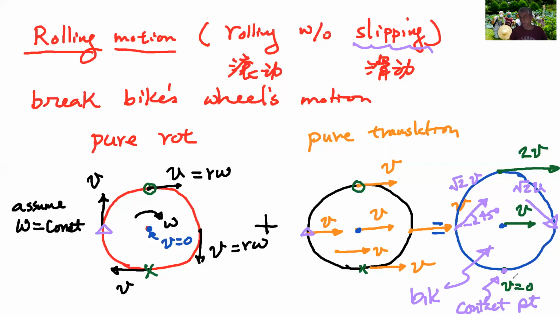The velocity is equal to zero. Okay, so that's the rolling motion for a bike's wheel, and it's a rolling without slipping. Okay, we're going to stop right there, and we'll give you a chance to think about it, to reflect. All right, so we'll see you